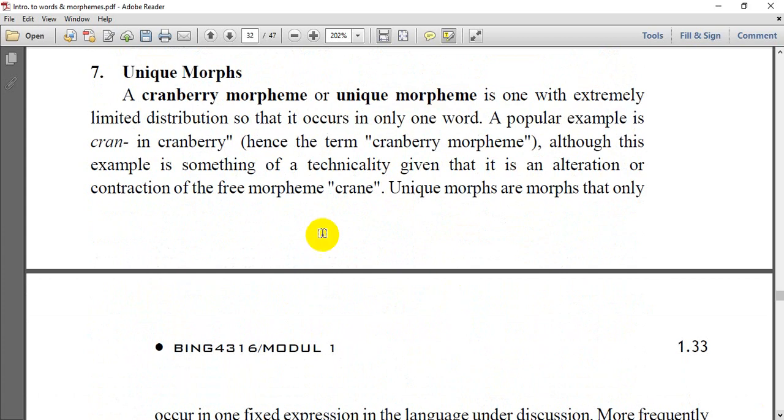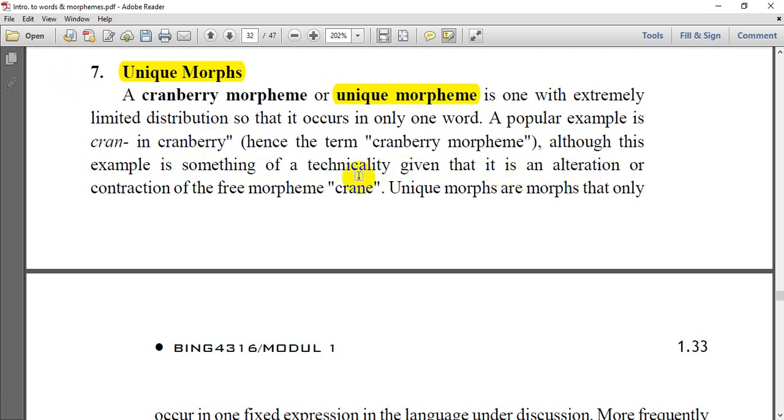Here is about unique morphemes, or cranberry morphemes. A unique morpheme is one with extremely limited distribution, so that it occurs in only one word. This is a unique morpheme. A popular example is cran in cranberry, hence the term cranberry morpheme, although this example is something of a technicality given that it is